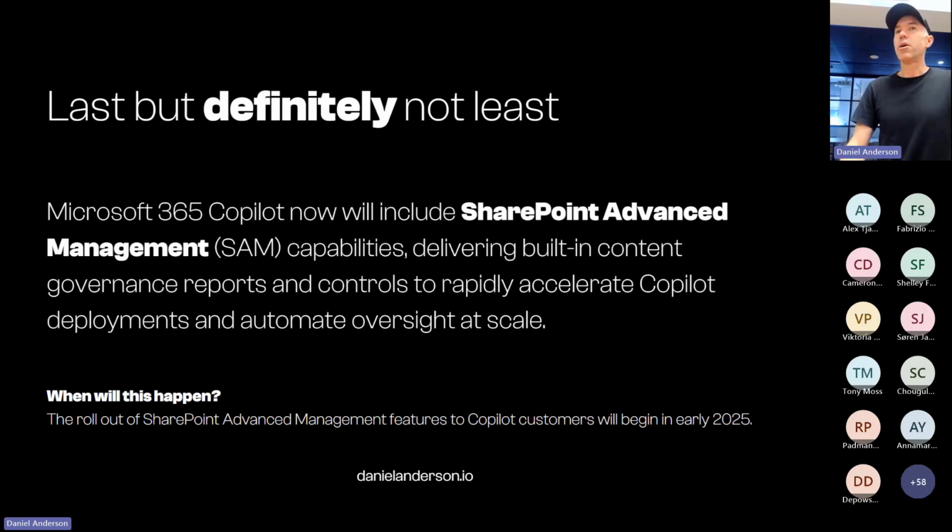Now this is big, right? So SharePoint Advanced Management, or SAM, capabilities. So Microsoft did get some feedback about making Copilot available for everybody. But what about preparing for Copilot rollouts? So securing content, oversharing, all of that type of stuff that needs to be thought about before enabling Copilot. SharePoint Advanced Management, which was part of SharePoint Premium, is now coming with your license. So it's going to be free, basically, as part of that licensing.